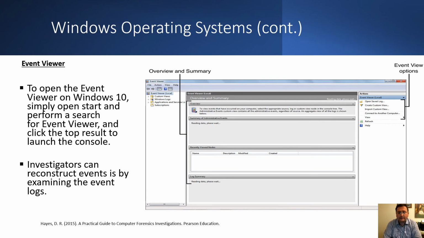Event Viewer is another very important subject of forensic investigations, as well as of cybersecurity. To open the Event Viewer on Windows 10, simply open Start, perform a search for Event Viewer, and click the top result to launch the console. The investigator must prove that certain actions transpired, especially actions that involve the victims and perpetrators. Investigators can reconstruct events just by